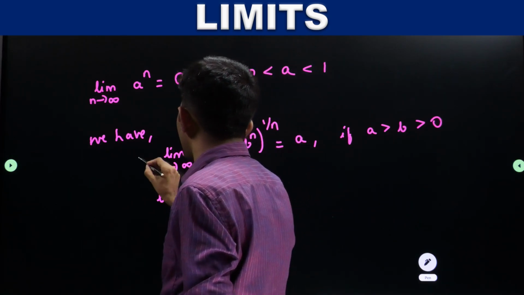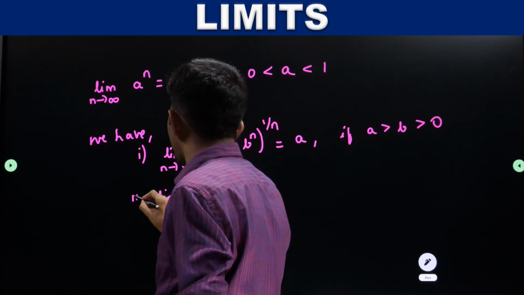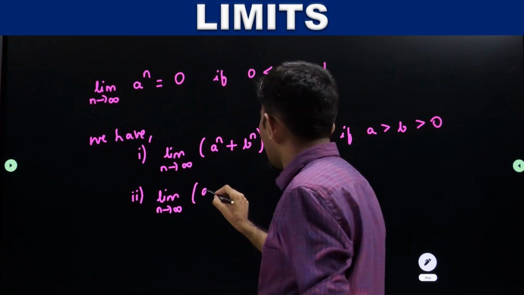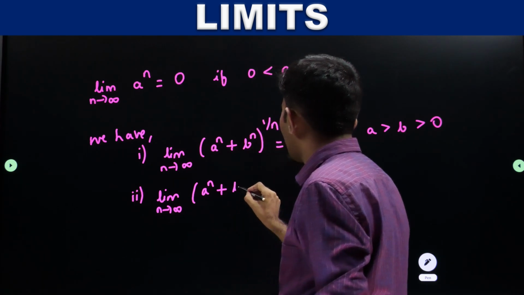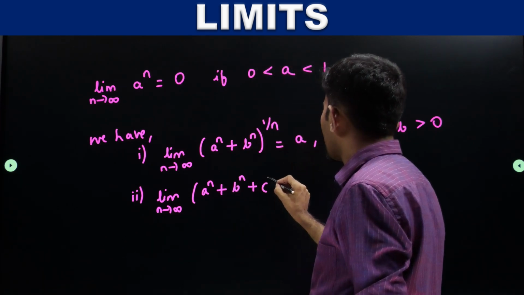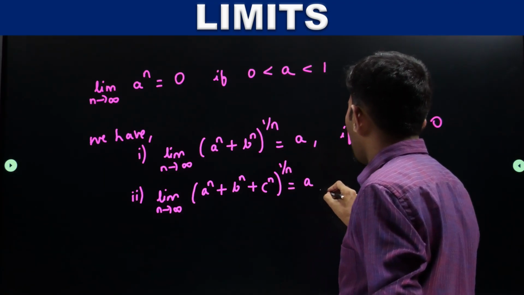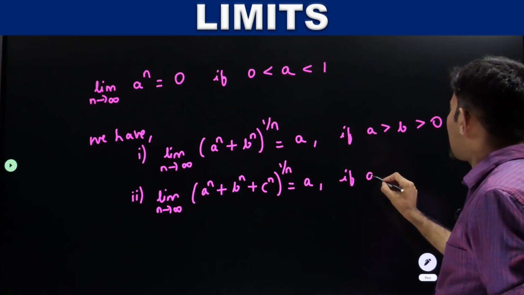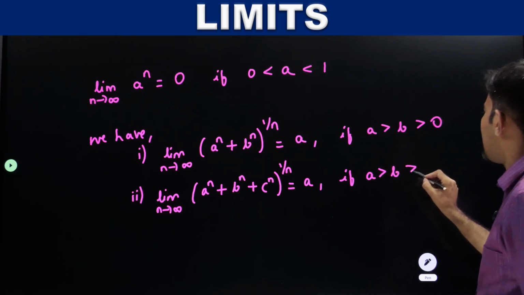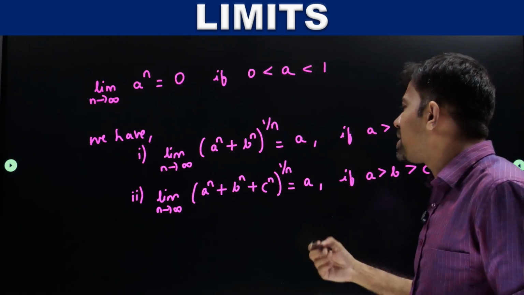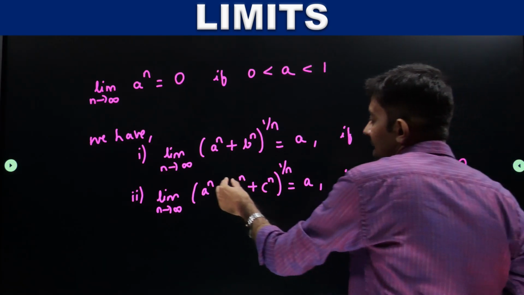Same way I can write one more. Limit n tends to infinity of (a^n + b^n + c^n)^(1/n). The answer is going to be a if a > b > c > 0. All a, b, c are positive and a is the highest, because the highest number is a, which means